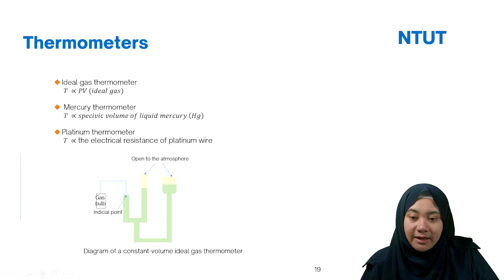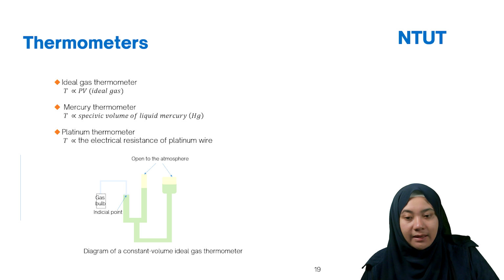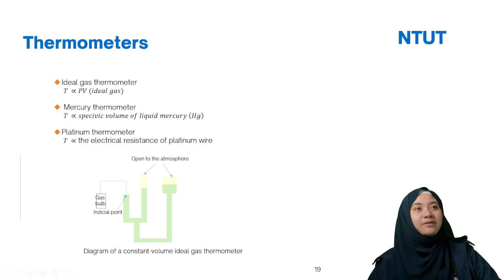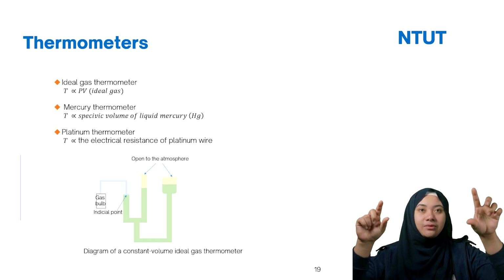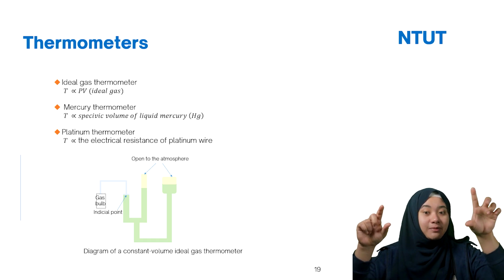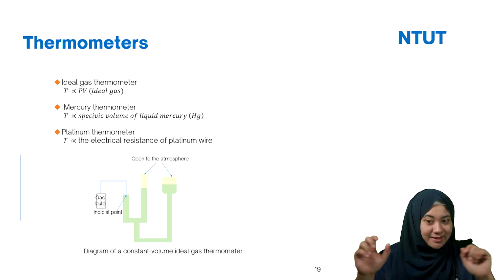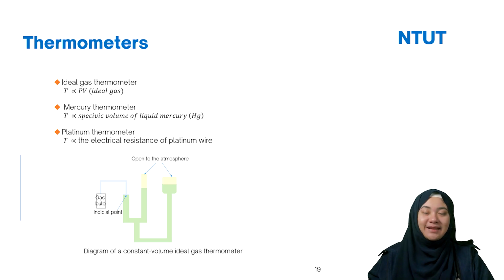Then we have the thermometers here. You will divide the ideal gas thermometer. For example, here T is in a linear relationship with PV. Yeah, it's true, like from the ideal gas law. For the mercury thermometer, they depend on the specific volume of the liquid mercury. If you check long time ago, they had the traditional way. They have the mercury inside, and then you calculate depending on the elevation of your mercury, and you calculate how much the temperature is. I'm not sure right now, but I think we still have this. It's easy to find a mercury thermometer.